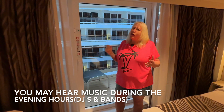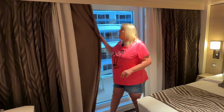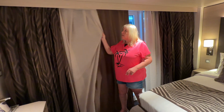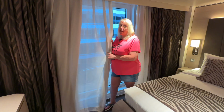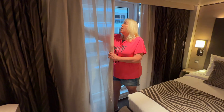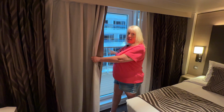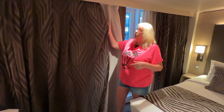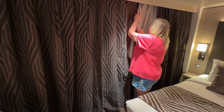And you may be like, well, what about my privacy, right? Nah, don't worry about it. You have this curtain. So you could actually have it without this curtain and kind of have it sheer. Or you could have it with this curtain to block out the light. And remember, this is tinted glass, but I wouldn't do anything inside at night with the lights on unless you close the curtains. And then you have this curtain. So when you close everything up,